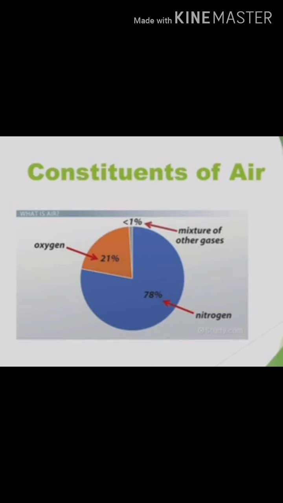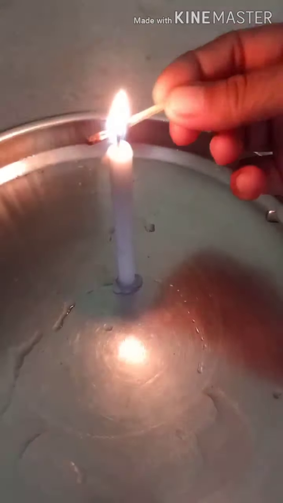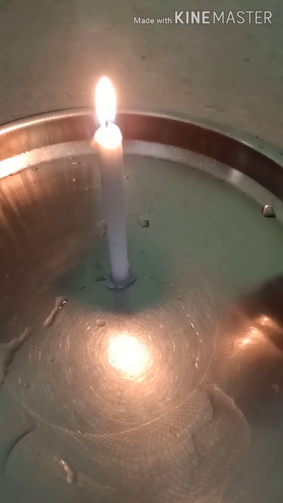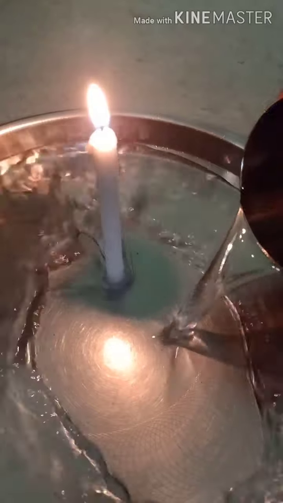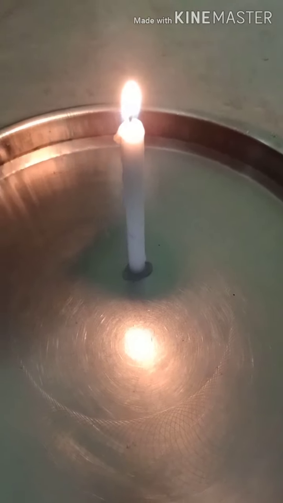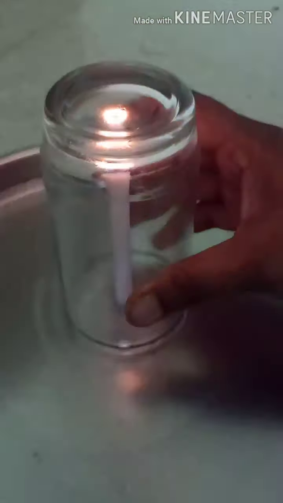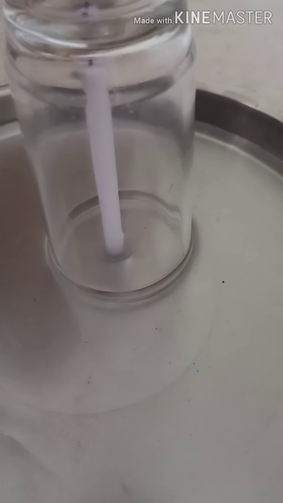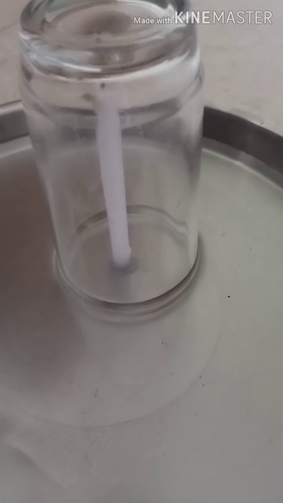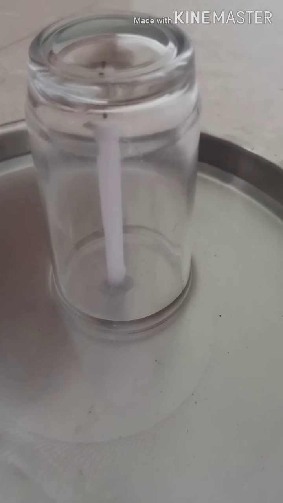Okay, here is some activity for you students. Let's try this. Take a glass, a plate and a candle. Pour a little water in the dish. You all see water in the dish. Yes? Now, students, light the candle. Now put the glass over the candle. What do you see, students? So students, the candle goes out and the level of water rises up to a certain level.